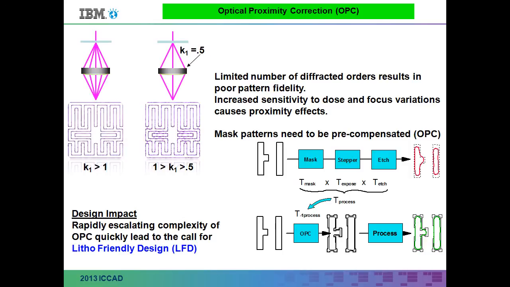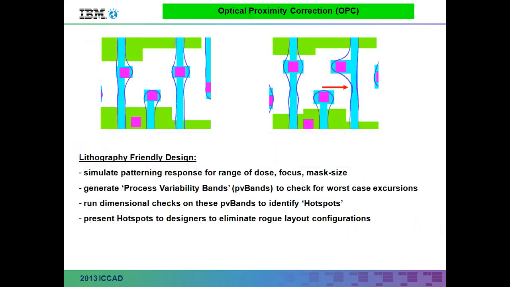And all of this happens, of course, on the fab side. Designers are not affected, but much like the invention of the parachute closely followed the invention of the airplane, we came up with this idea of litho-friendly design, just to cover ourselves whenever optical proximity correction didn't quite work out. So the idea here is